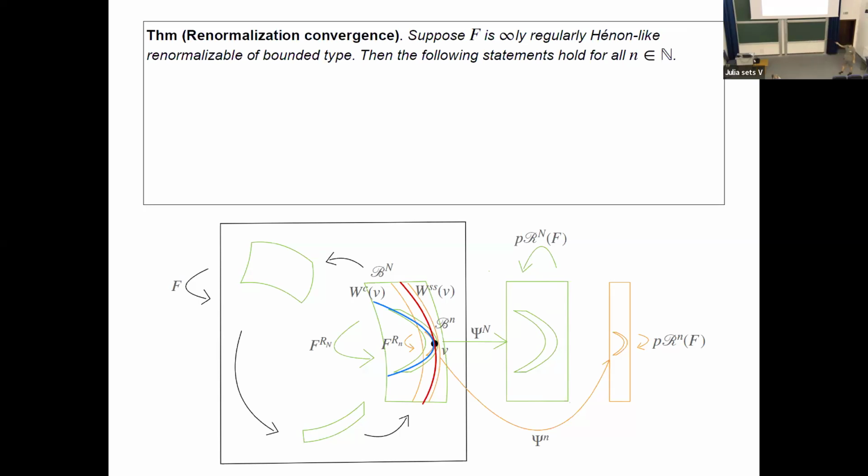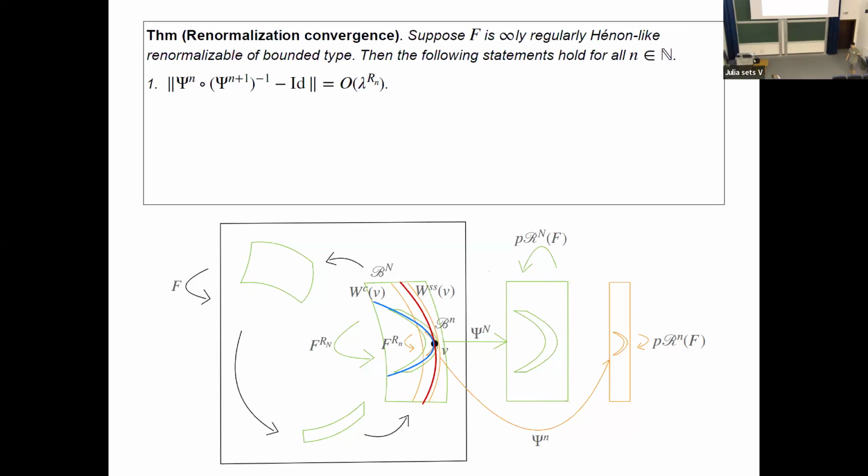So this is what the domains and the images look like. Let's see what's happening with the maps. First of all, the straightening charts, this non-linear change of coordinates that you apply to your return map. If that just goes out of control, then you can't really say anything meaningful about what's happening with the normalization, right? But fortunately, it turns out that this sequence of straightening charts converges extremely fast to some